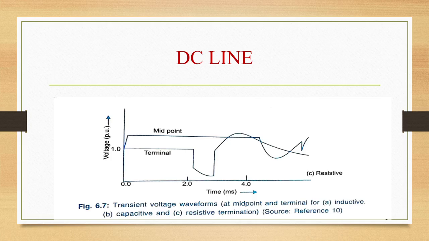Third, resistive termination to the wavefront with R equal to Z1 is the best and can be achieved by putting R equal to Z1 in the high pass DC filter and not having a surge capacitor. Fourth, with inductive termination to the wavefront, overvoltages are caused by the pole-to-ground mode for which the attenuation is substantial. Fifth, it is desirable to provide extra insulation around the middle portion of the DC line to take care of the highest overvoltages that may occur in that zone.